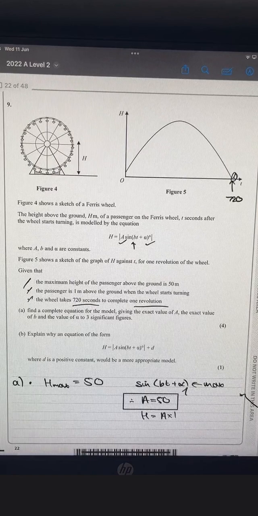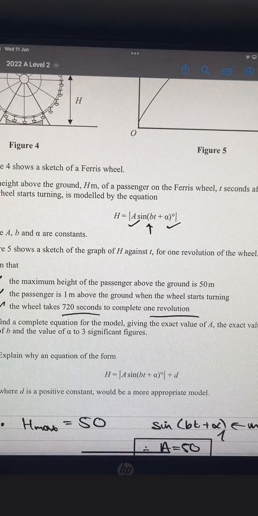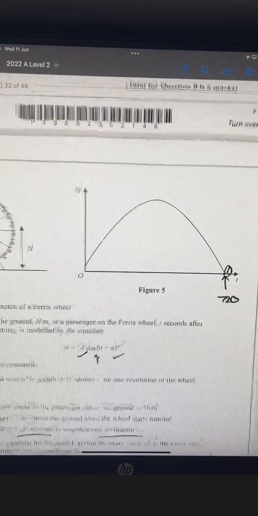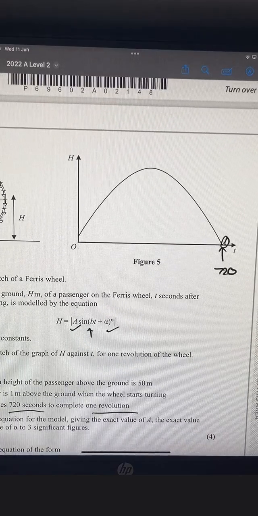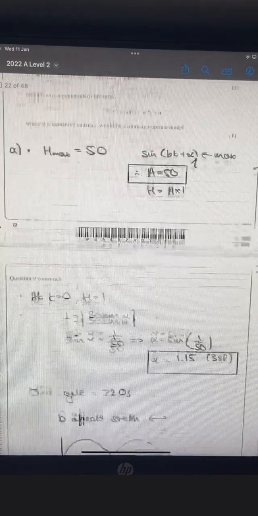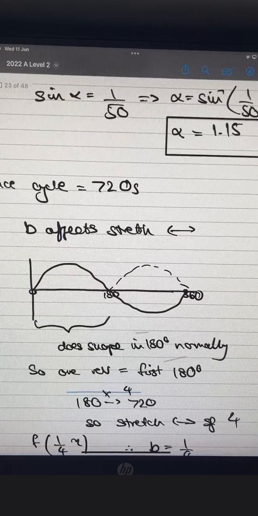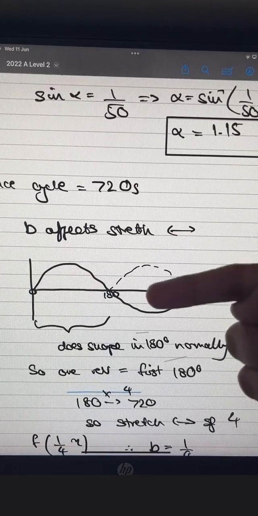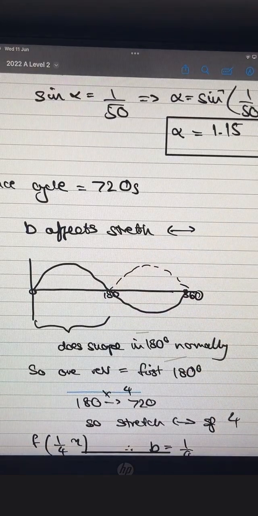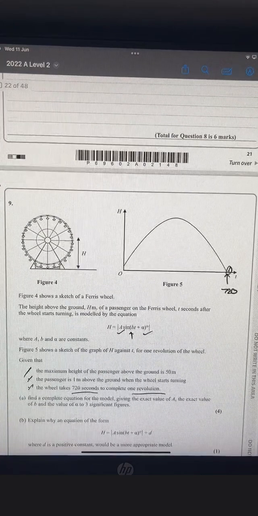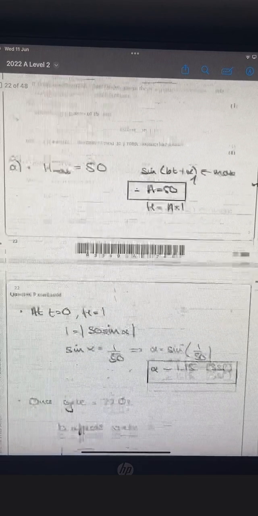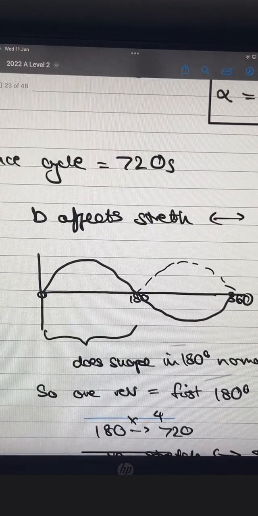So one more time. Third bullet point, the wheel takes 720 seconds to complete 1 revolution. That's shown by this graph. And what is that graph? Well, it's a sine graph that has been modded. So if I do my normal sine graph, which is like that, and I put in the mod function, I have this bit bouncing up too. So I'm seeing 2 bounces there, but in figure 5 here, I'm seeing 1 bounce. Well, 1 bounce here takes about 720 seconds, but normally it would take about 180 seconds on a sine graph,